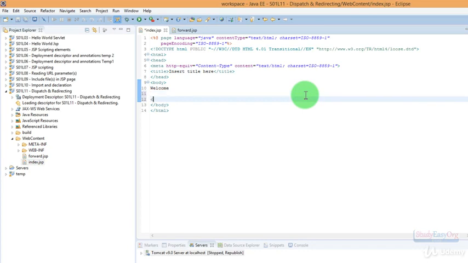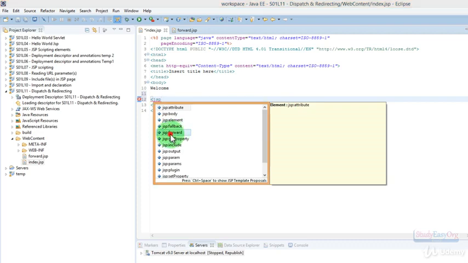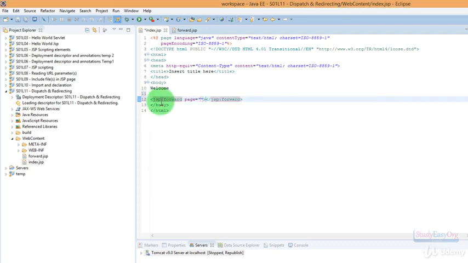In this particular index page we would call the JSP forward tag, and the way to do so is pretty simple. The syntax is jsp:forward page equals the name of the page as a string, and finally closing the JSP forward tag. And now if I provide the parameter as forward.jsp and save the program,